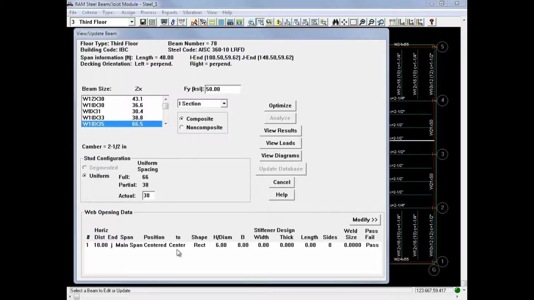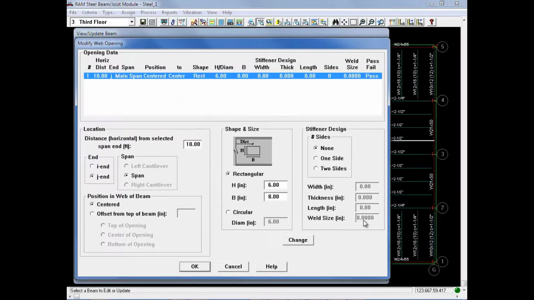Here, to modify the web opening data, I'm going to go ahead and click on the Modify button. And here I can modify any of the parameters for this particular web opening that was created in the RAM modeler. For this exercise, I'm going to increase the size of the web opening on this member and then re-optimize it. I'm going to enter a height of 14 inches and a base of 12 inches